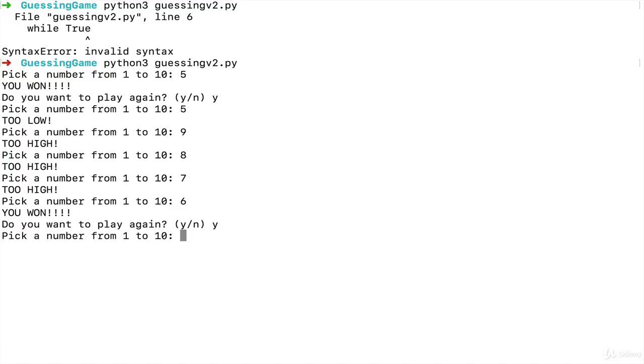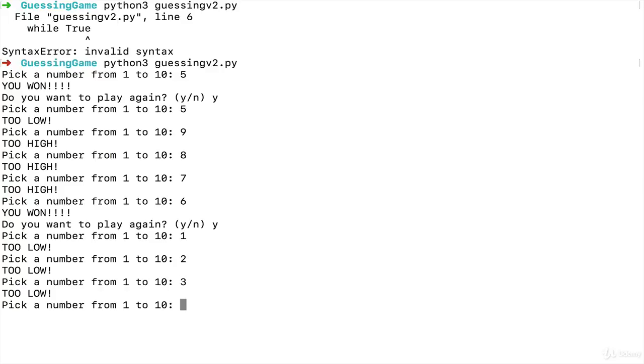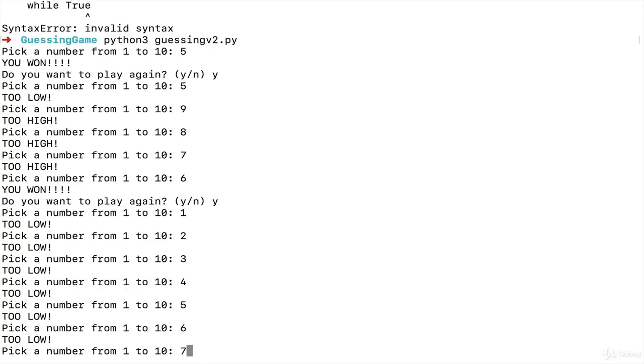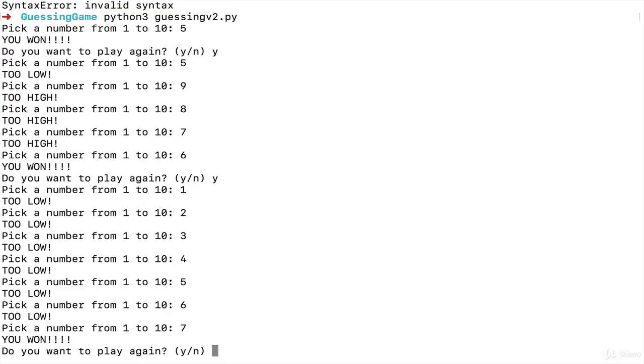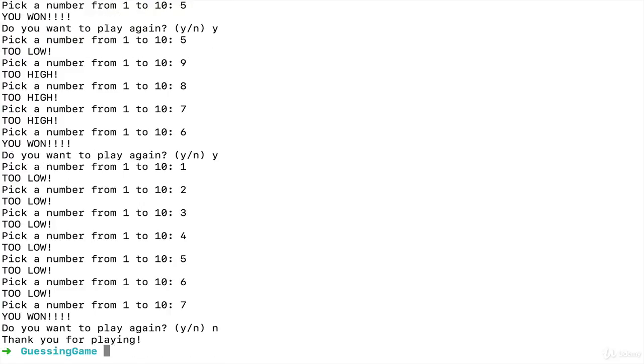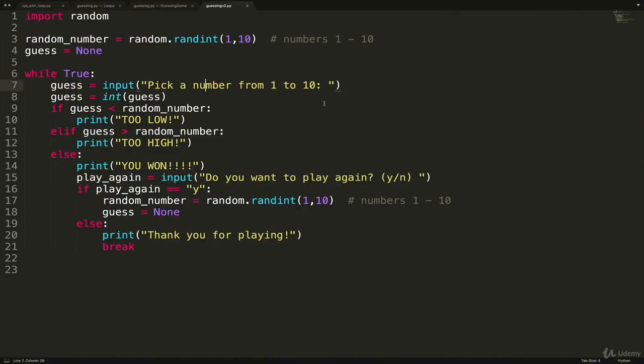One more time. Pick a number from 1 to 10. 1, 2, 3, 4, 5, 6, 7. And I won. This time I'm done playing. And I'm out. Cool. So one small change we could make, we no longer have to initialize guess up here